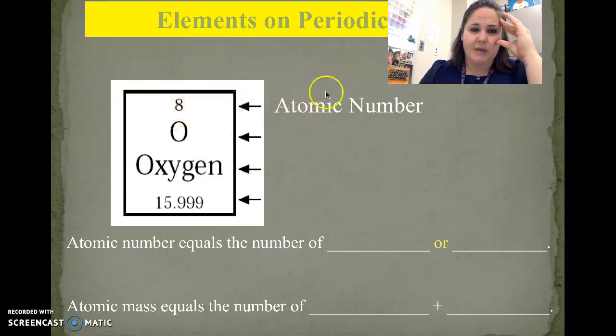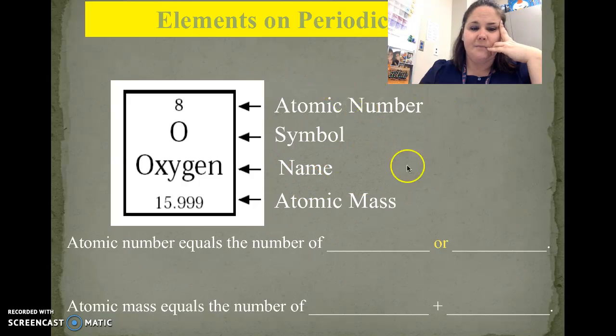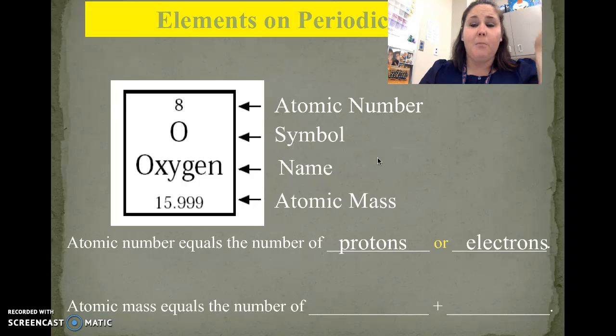The top is the atomic number, aka protons. The symbol is that letter. The name of the element is there, and then the bottom is called the atomic mass, what the mass or weight of it is. The atomic number here is the number of protons, like we said, but little hint, trick,